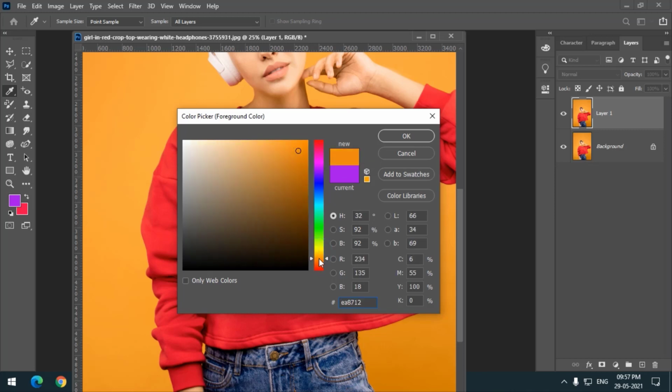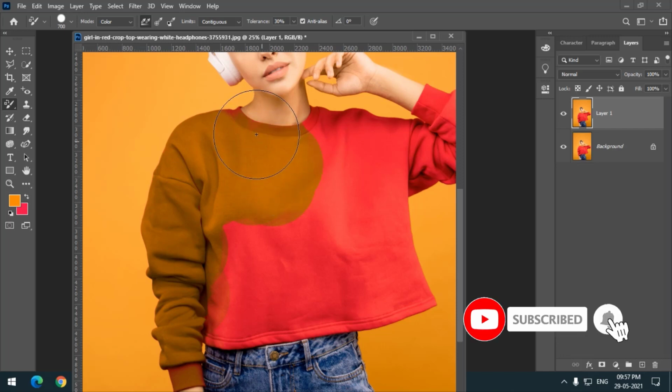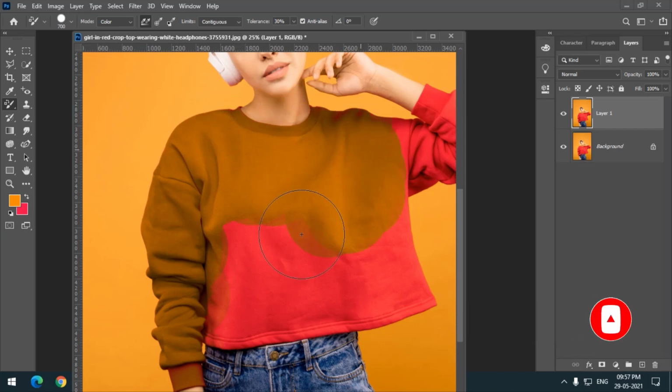Maybe this one, orange color. Okay, so I'll keep this inside all the time. I'm not taking this plus mark outside the shirt area. It will do a similar kind of thing. It will replace the color, but this is more precise work.